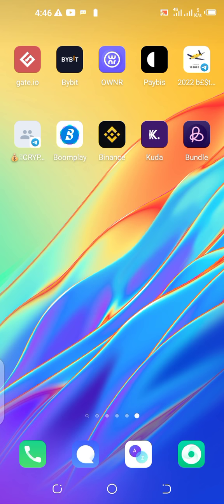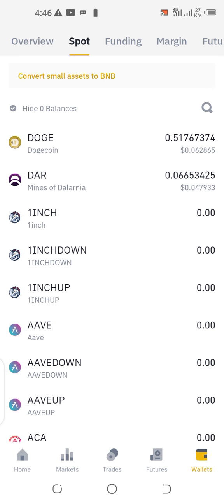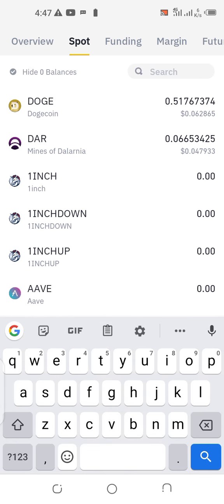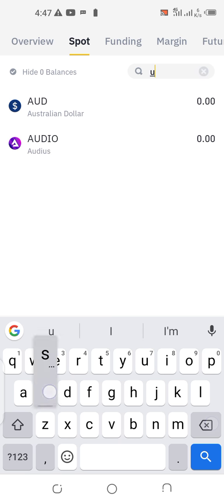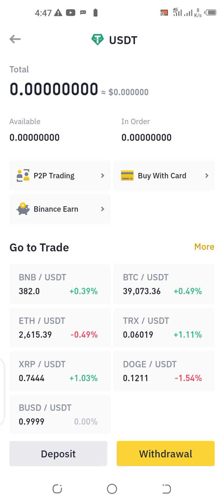Alright, to start, it's very simple. Get to your Binance. I'm in my Binance. I get to spots. I'm looking for USDT, so I search for USDT. Right, here we go. This is my USDT, and I click on deposit,